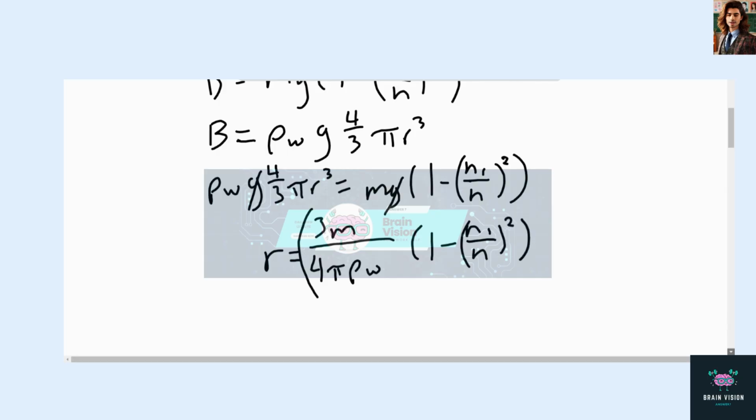Close that parentheses, and close that parentheses. And all of that is to the 1/3 power, because we had the r on the left-hand side to the third, so we take the cube root of both sides. So that is a very complicated version of our formula, but now we can start simplifying it a bit,